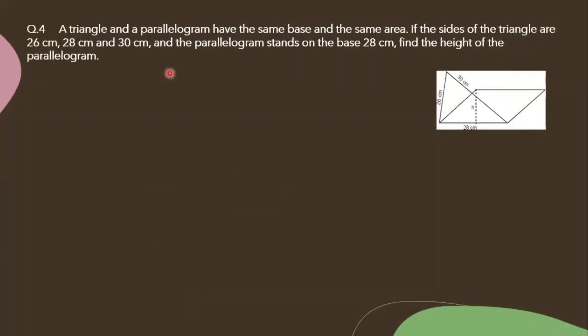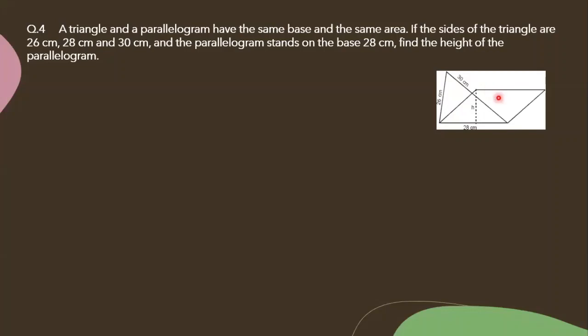Fifth question. A triangle and a parallelogram have the same base and the same area. So here in the question itself they are giving triangle and parallelogram. Here I have drawn the triangle, and I can draw the triangle even down also, children. For this parallelogram, I can draw the triangle even here also, and at the top also I can draw a triangle. So what they are telling is a triangle and a parallelogram. Here you can see one triangle, no, children, and one parallelogram, no.